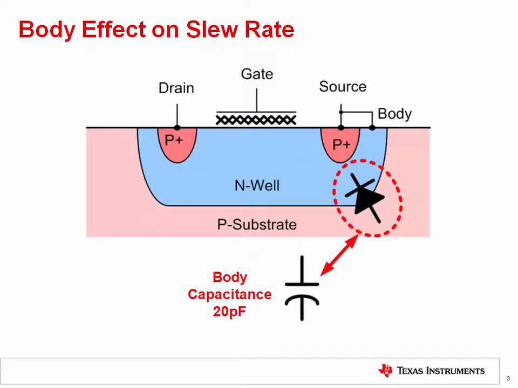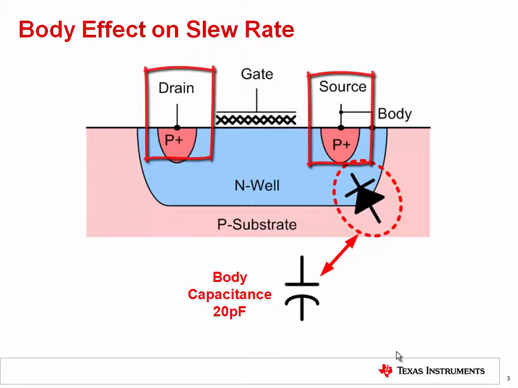Remember from the first slew rate video that each input pin of an op-amp is connected to a transistor. Let's assume that these transistors are PMOS, or P-type MOSFET. Looking at a cross-section of the PMOS, we see that the body is a deposit of N-type material inside a P-type substrate. A P-type drain and source are then deposited inside the N-well.